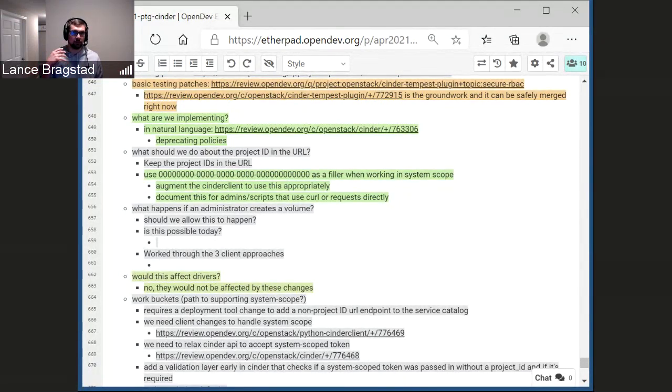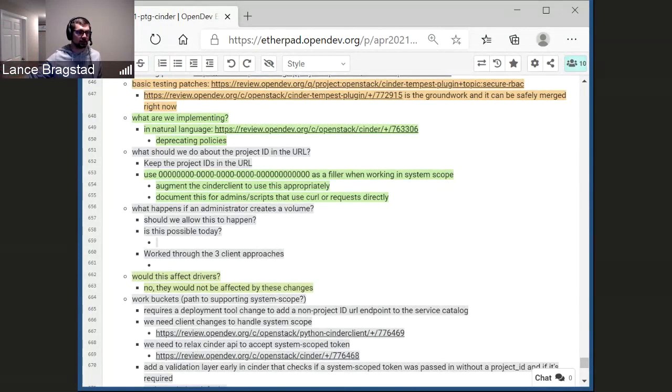But that's not to say that the domain administrator couldn't just give themselves authorization on projects within that domain to go interact with things in Cinder if they wanted to, right? Using a flow that's already supported today. Where it would get nicer is if, as a domain administrator, I could use my existing token and say, list all volumes, and Cinder would give me all volumes for every project aggregated together.